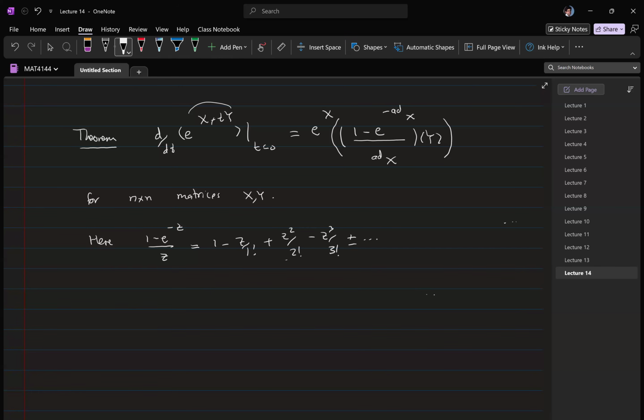So now this right-hand side expression makes sense, because that's some series in ad x, like powers of ad x. It's some linear transformation, and I apply it to y. Basically, it's just some brackets. So in explicit form, in other words, using this series for 1 minus e to the minus z divided by z, I can write that the left-hand side of this guy is equal to,